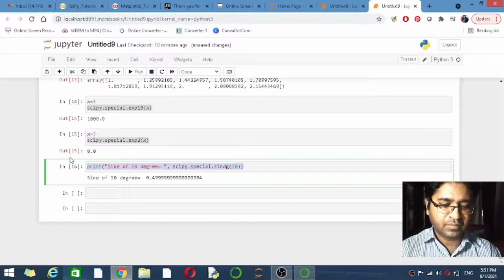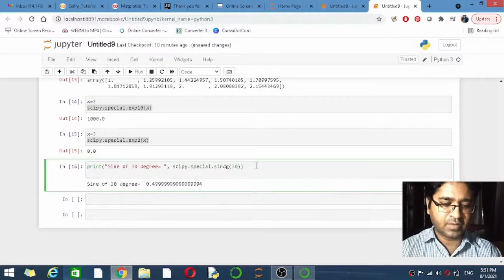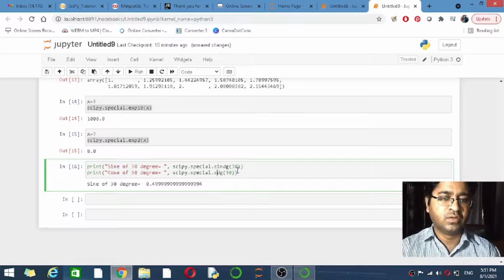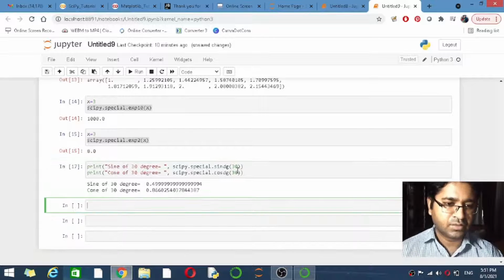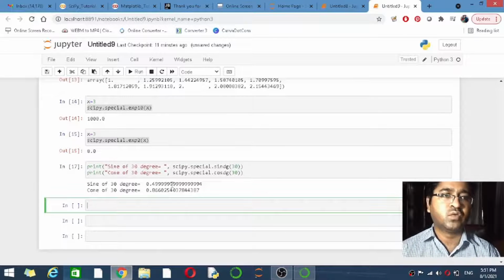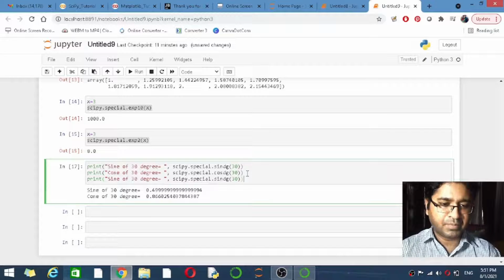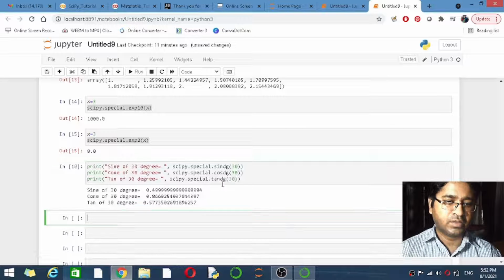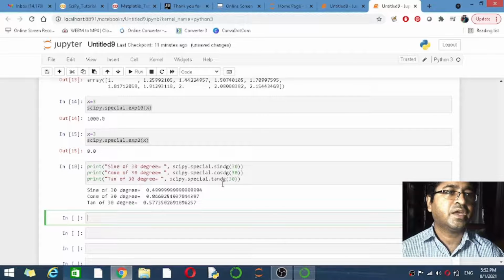Okay, so along with the sine 30 I can print the cos 30 as well. So it is going to print the cosine here. What is the function? cosdg of 30 degree. So it is 0.866, root 3 upon 2 value. Also we can print the tan value, tan of 30 degree, that is 1 upon root 3. So let me change the function here to tan 30 degree, and it is going to give the value 0.57 and so on.